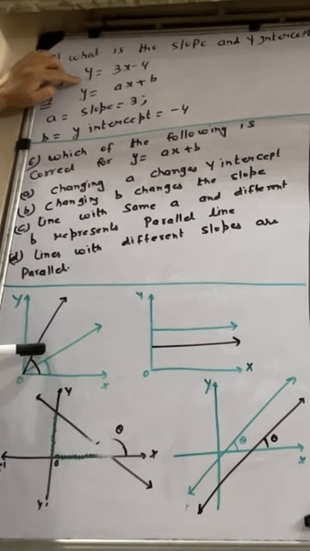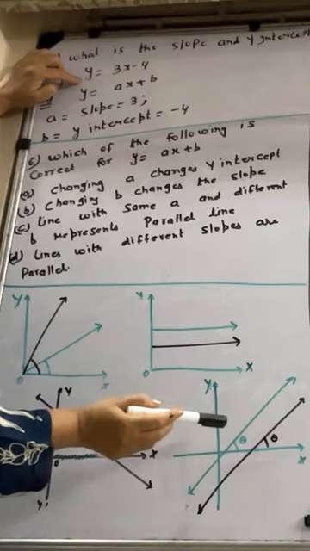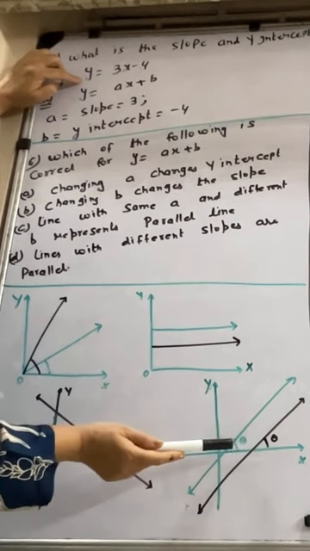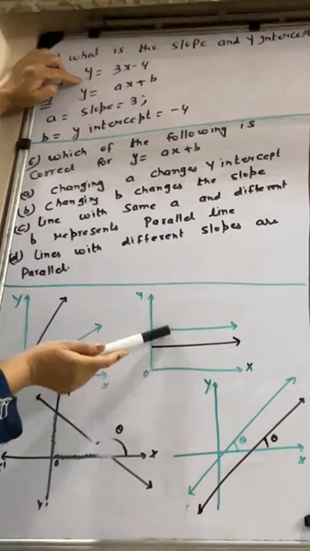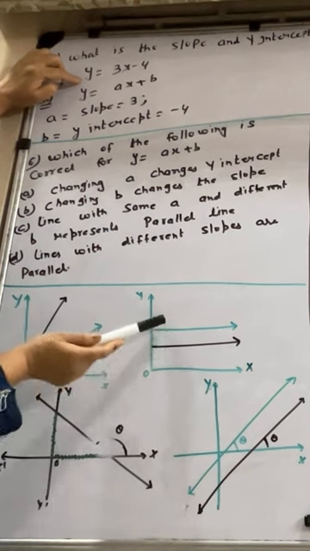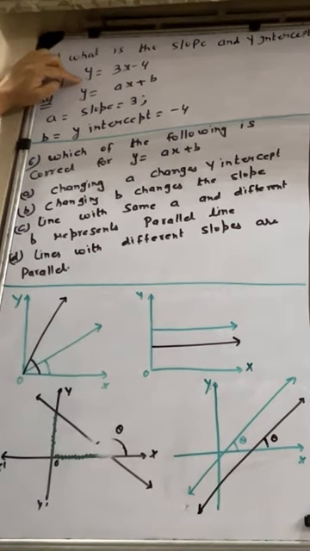So the inclination of the green line is this much and the inclination of the black line is this, right? Similarly here, the inclination of the black line is this, the inclination of the green line is this. And these two lines are parallel to the x-axis, so they have zero inclination from the x-axis, right?